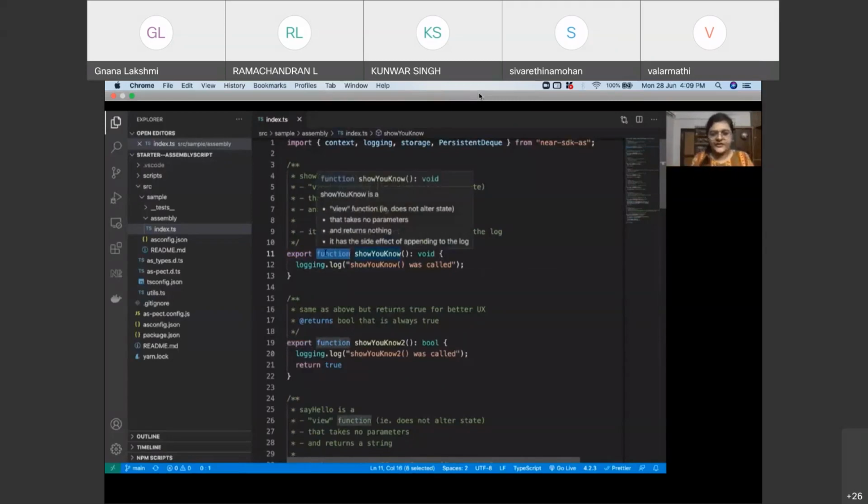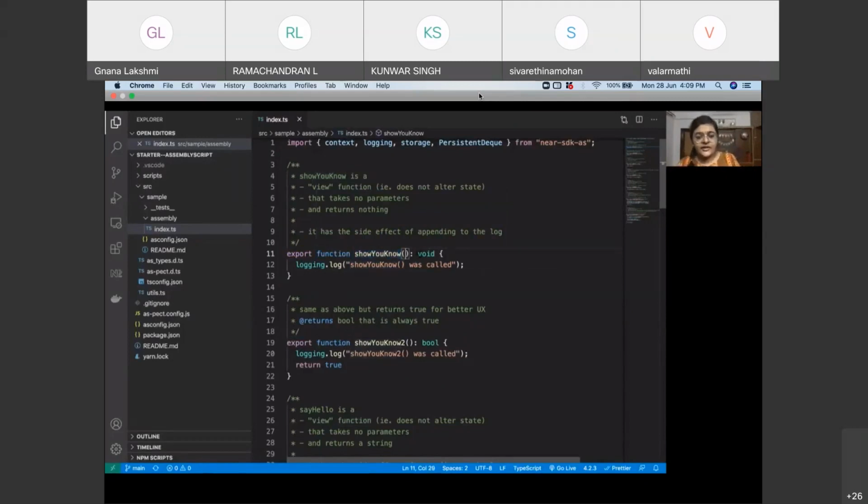Function is the keyword, of course, to define the function itself. This is the name of the function. Here, if it takes any parameters, it will go inside the parenthesis, colon, and this is the return type. So we have our curly braces inside which the logic of the function will be written. If we write the keyword export next to it, that means this function can be accessed in an external file as well. Simple as that, right?